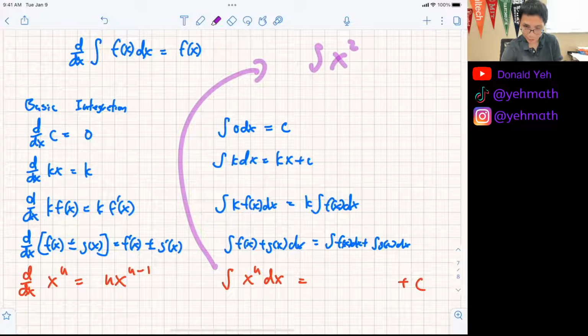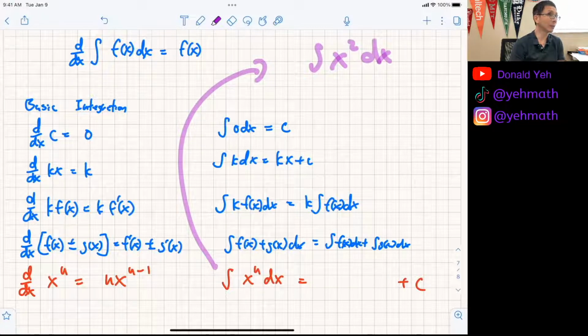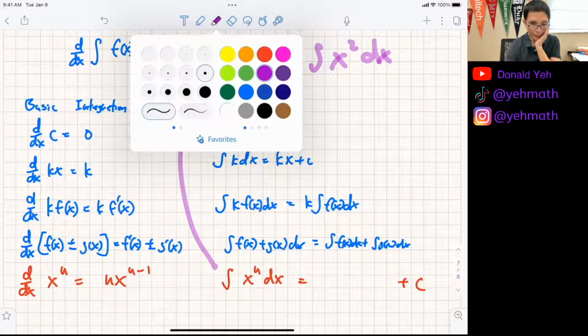The integration of x to the 2 dx. What is that going to be? It's something squared, right? Which thing's derivative will give you x squared? 1/3 times something cubed. It's 1/3